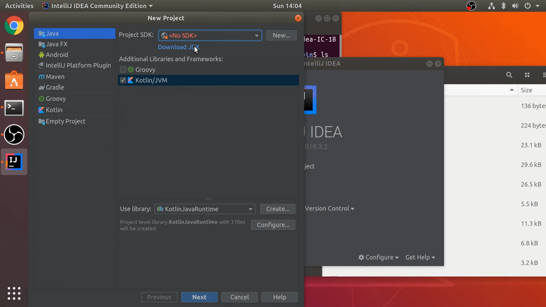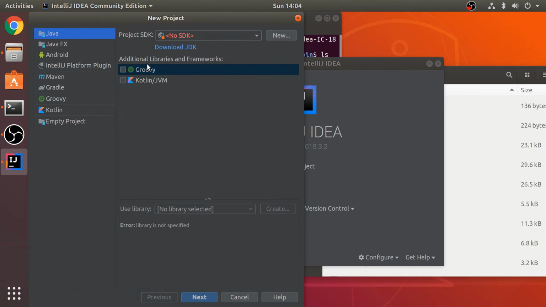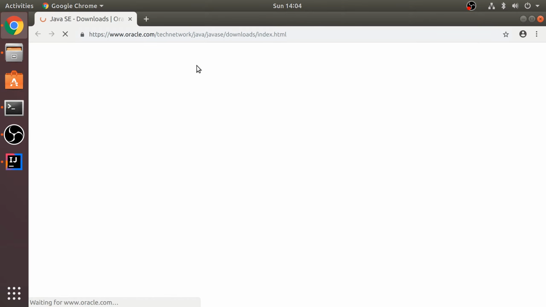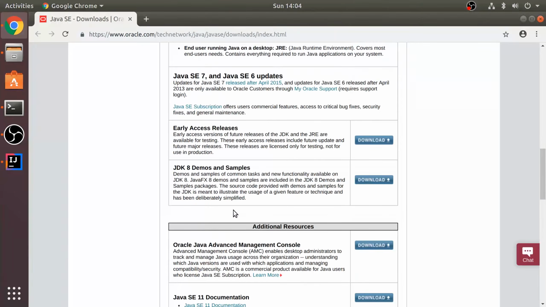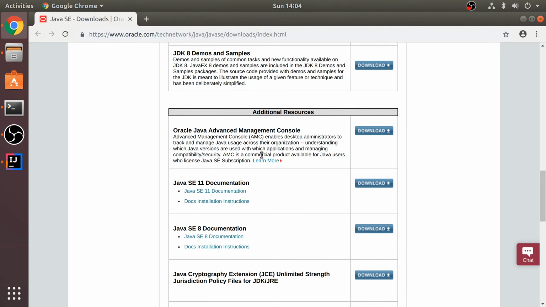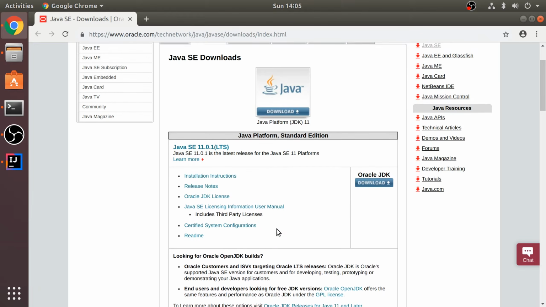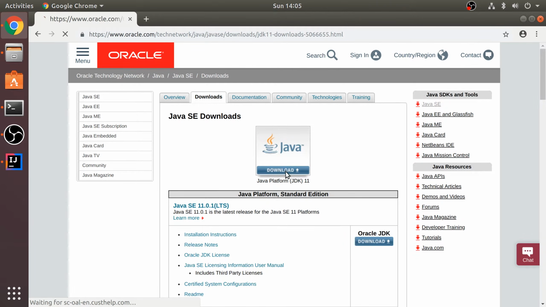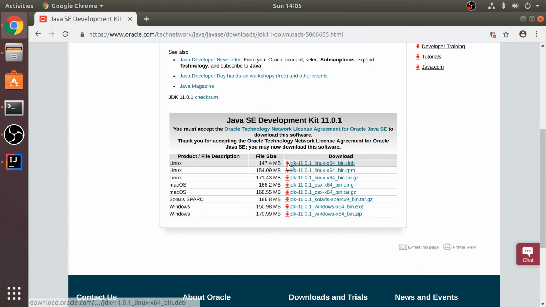We also need the JDK, because it's going to be using that to compile it. So if you just go here and you want to download the JDK, where is the JDK link? So this is just the SE. Oh, there it is. Okay, so if we scroll down, it is Linux, and we'll get the Debian file. So accept license agreement, click that,